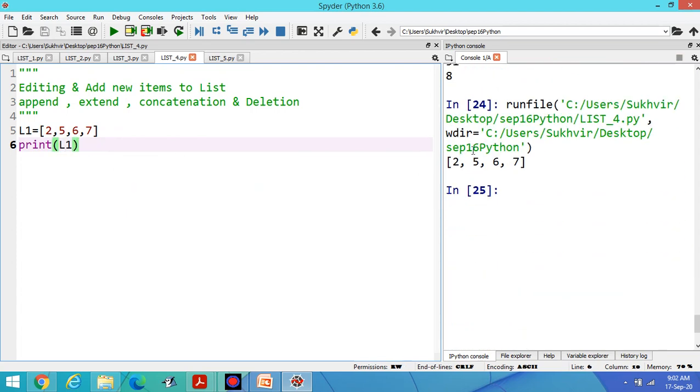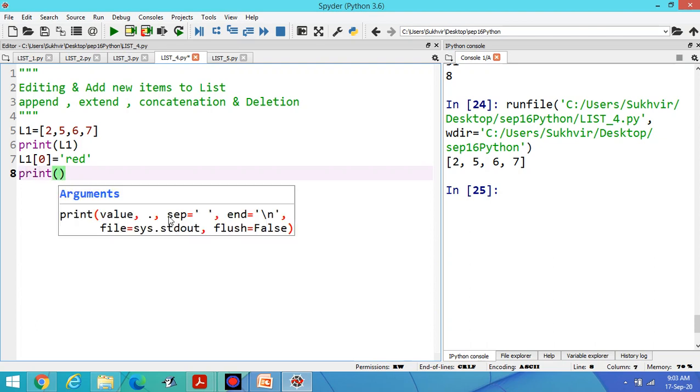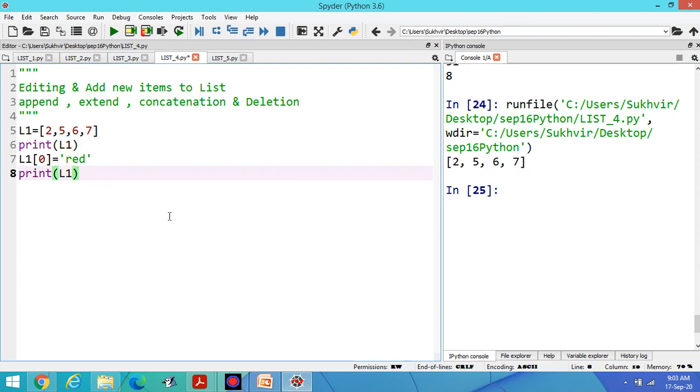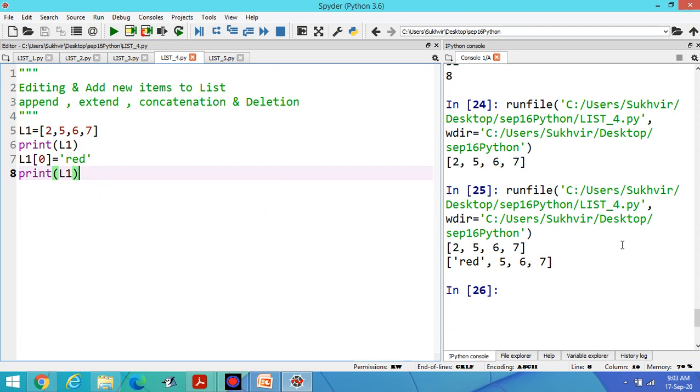This one is the output 2, 5, 6, 7. Suppose I write here L1 0, double quotes, red, then again print L1. Check the output. It means the first element can be edited.